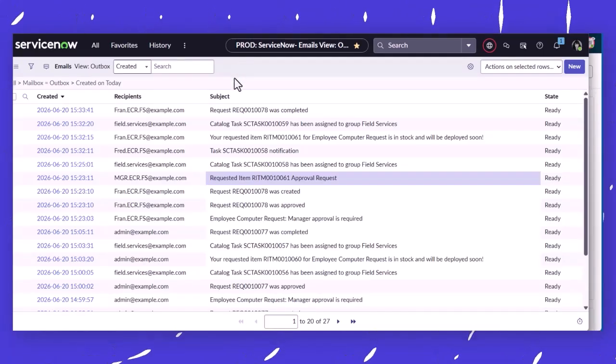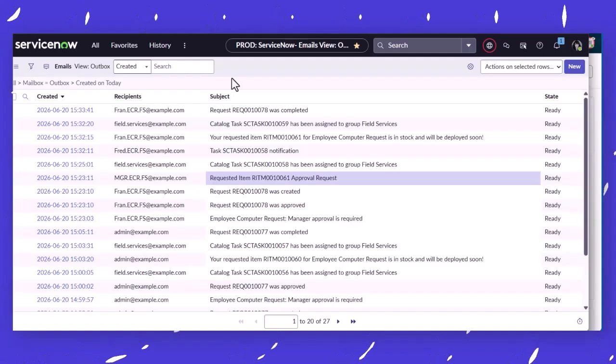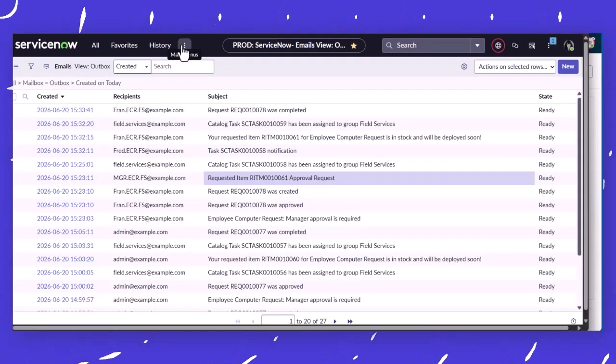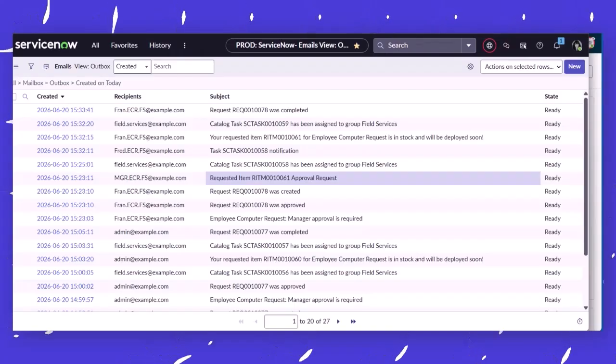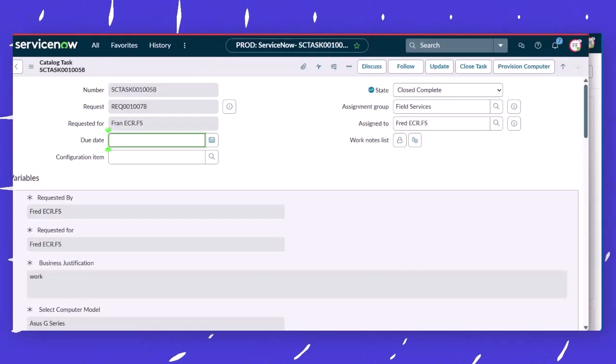We have the SLAs, the dashboard, the catalog item, and the auto closure. And so that is the